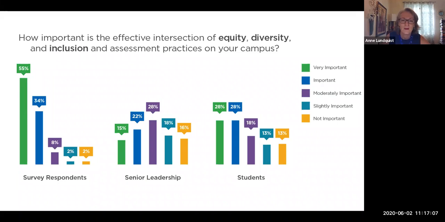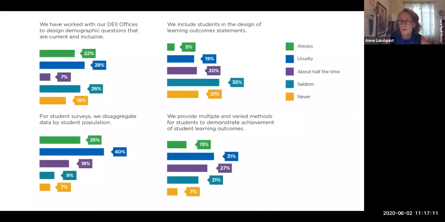We'll talk a little bit about how and why that would be important. Another question we asked them was about their practices. So a couple of ways, and we're going to highlight more as we go here, that people are bringing those two worlds together is assessment practitioners or offices working with diversity, equity, and inclusion experts and practitioners to think about